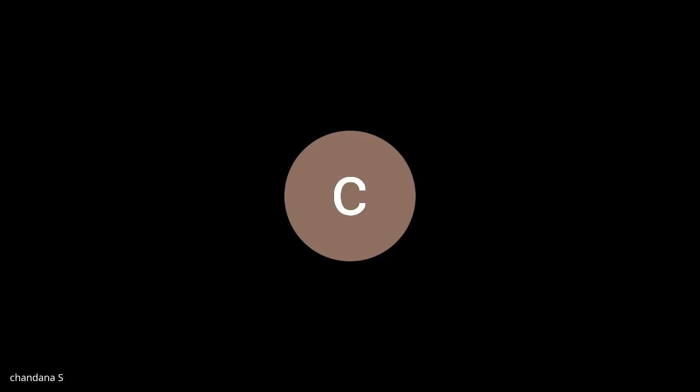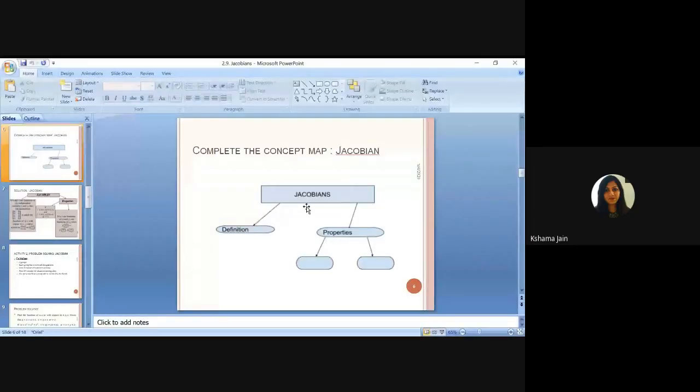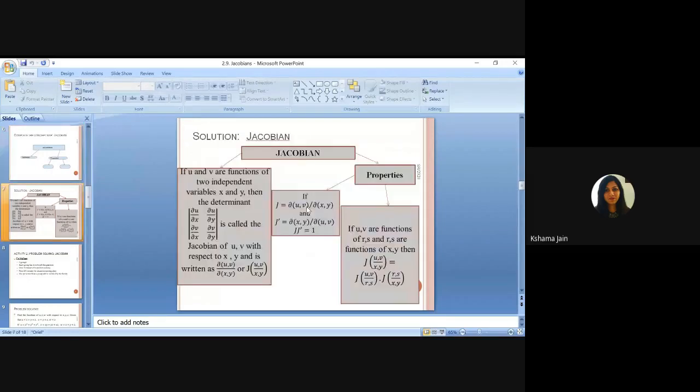So what I was telling you, in the second row we write v, which is depending on x and y. So the second variable's derivatives: del v by del x, del v by del y. So when you have more than one dependent variable, we use this Jacobian. Here, if u and v are functions of two independent variables, then this is the determinant. Either you can write it as J(u, v) only, or J of uv by xy, or del(u,v) by del(x,y). These are the notations to represent the Jacobian.